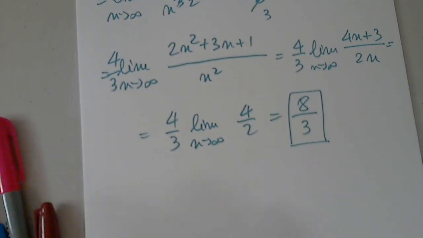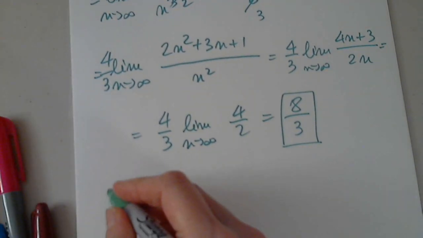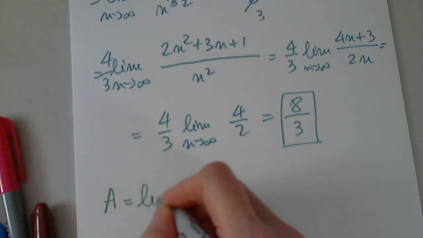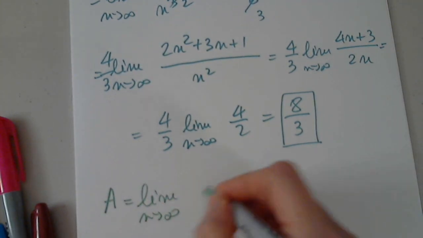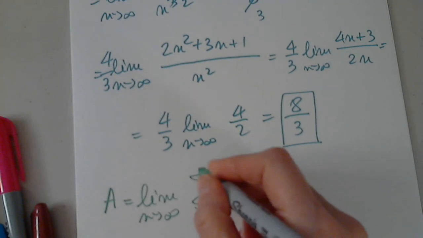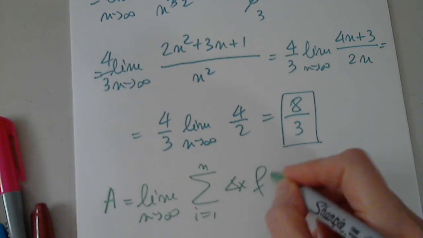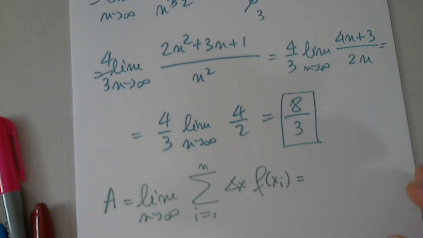However, the area equals the limit of the Riemann sum of f of xi, which is the same with